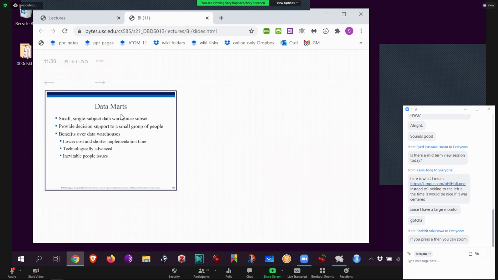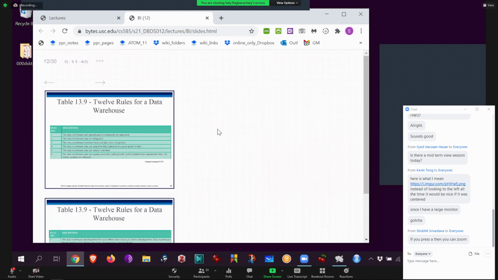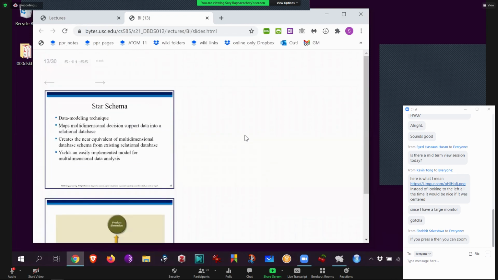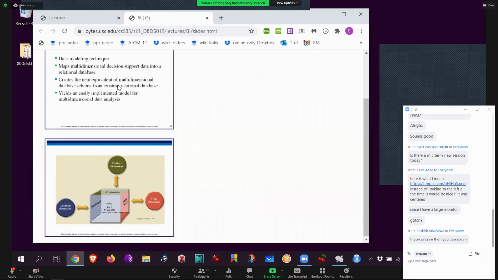Then I said a data mart is a smaller piece of a data warehouse, almost like a single-subject warehouse, where different departments in a big company like Amazon might want their own data mini marts. That way you don't have it all, because you don't need it all. So it's a complementary idea to a data warehouse, still integrated. A product manager for electronics can still tell how their aspect of the business is doing. And then these rules are all things that I went through. So we'll spend a little more time on the star schema, and this so-called snowflake schema.